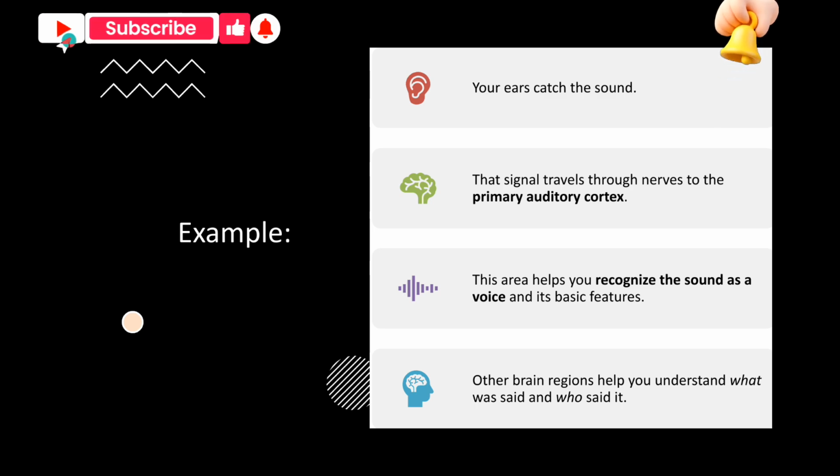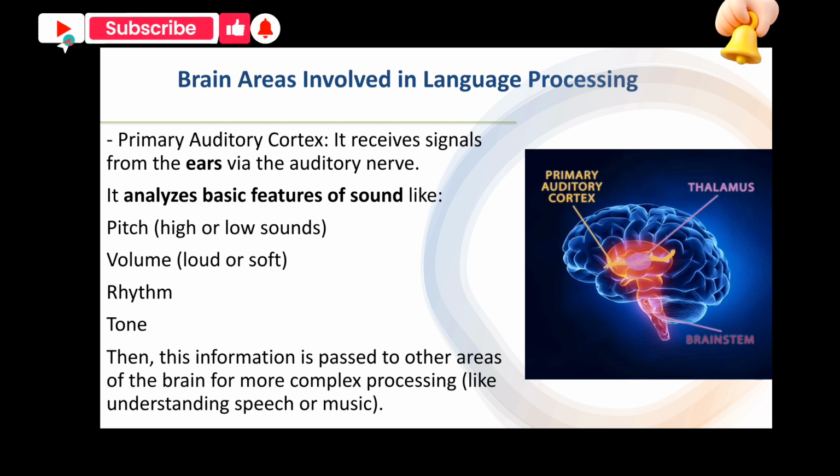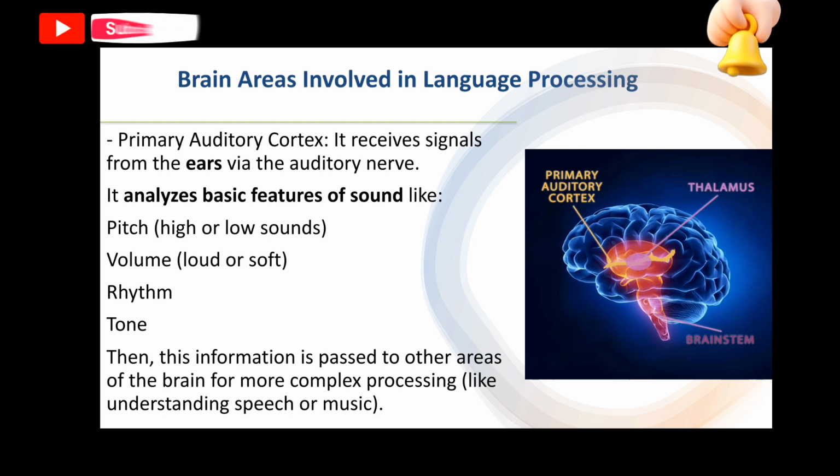So in order to comprehend something, this part is also very important, because the sound waves enter through your ears to your mind. Somebody says something, it enters through your ear into the brain, and then from there it travels to other parts of the brain to produce something or to comprehend something.